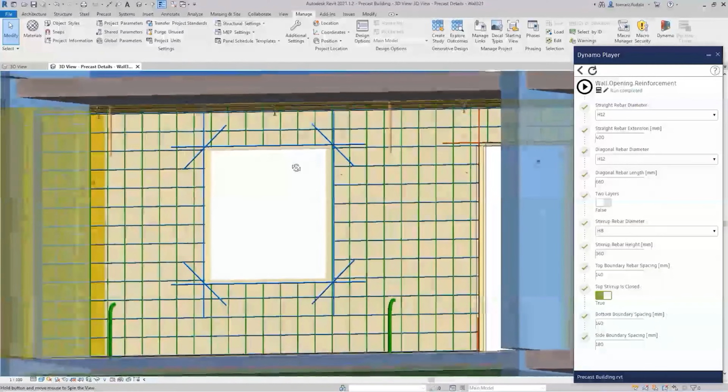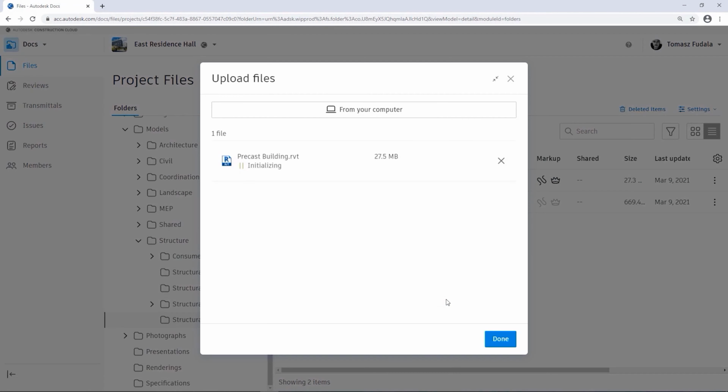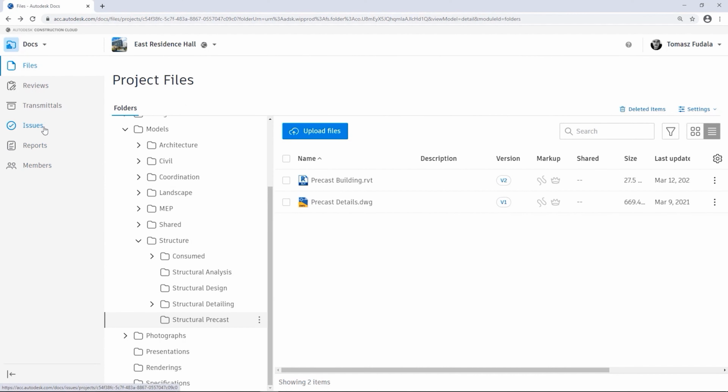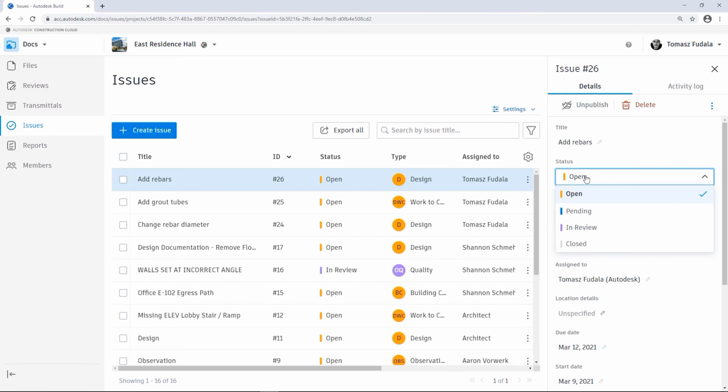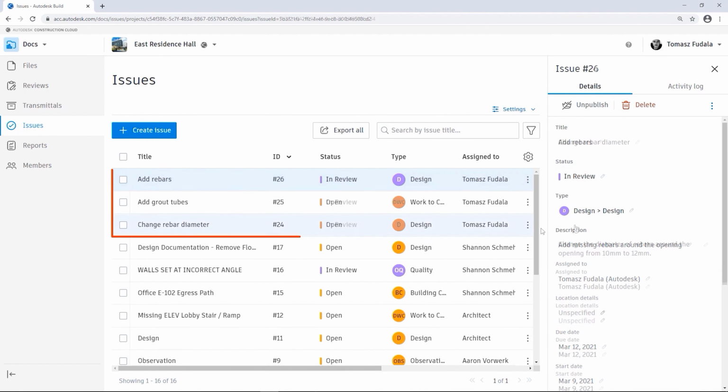Once the changes have been completed in Revit, the structural detailer can respond to the project lead using the same tracking tool and thereby maintaining a complete and current record of the issue's progress.